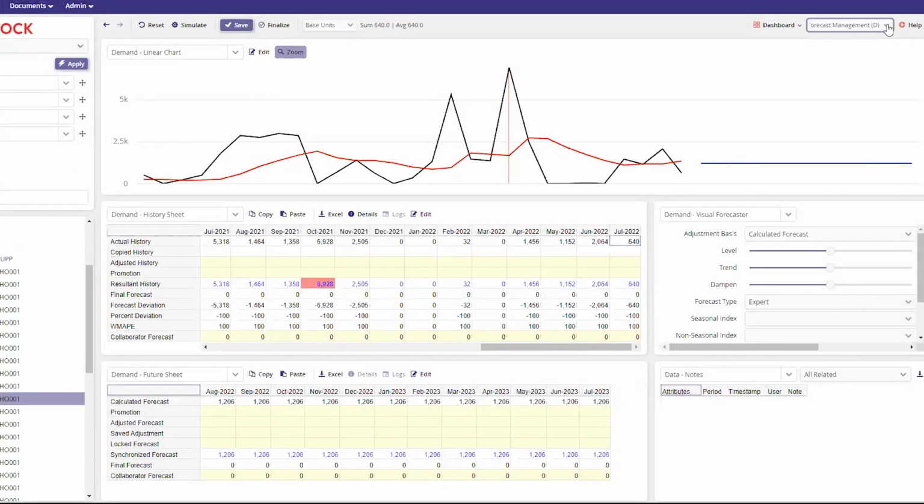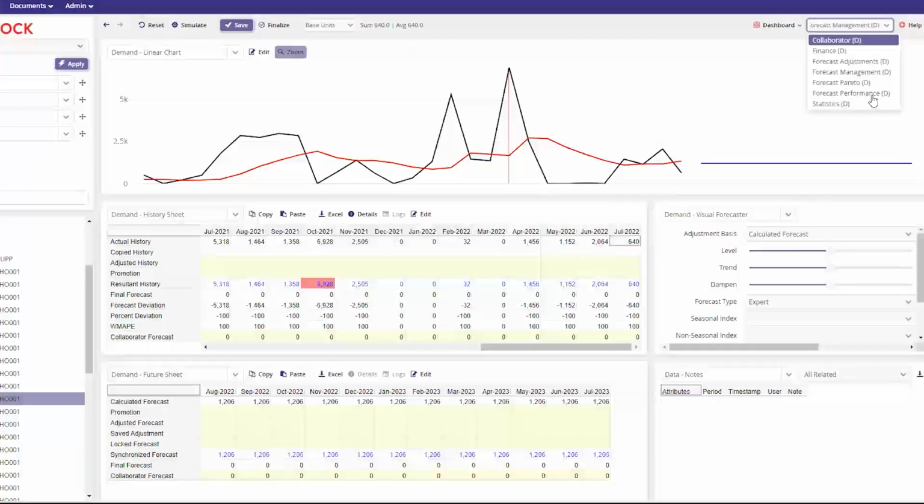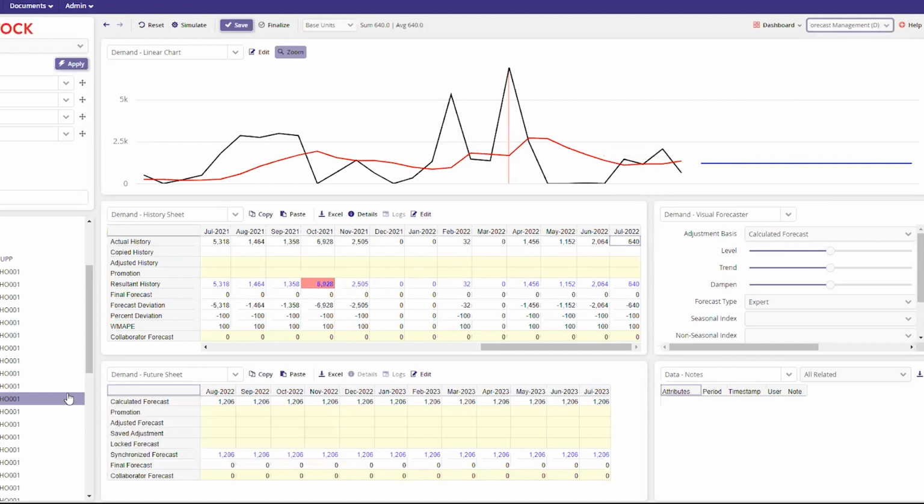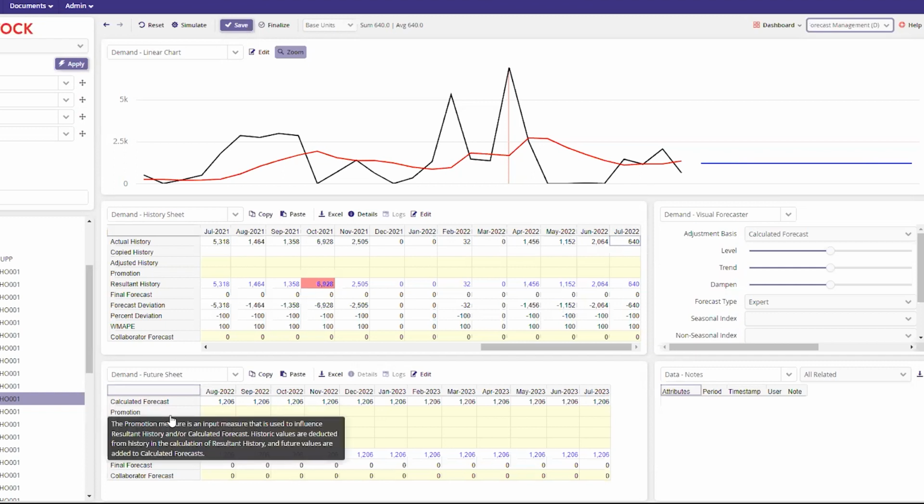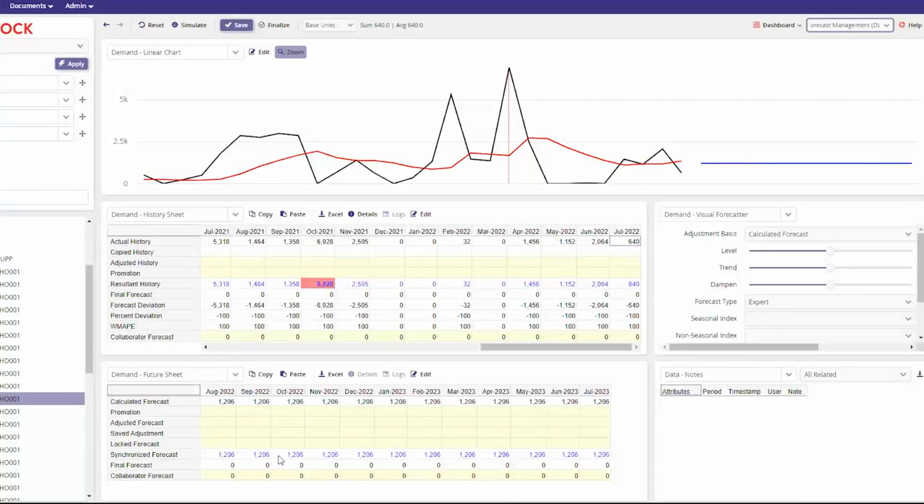We've got a bunch of different dashboards that come default with Pivot as well, but you can configure your own dashboards too, so that you can put all of the right charts and information that you want to use to slice and dice the information based on your requirements for your business. You can see here in the demand future sheet, we've got a calculated forecast and the ability to put in promotions. So if we knew that there was a sale coming up, we could adjust the forecast, and then that turns into our synchronized forecast, which we can finalize.